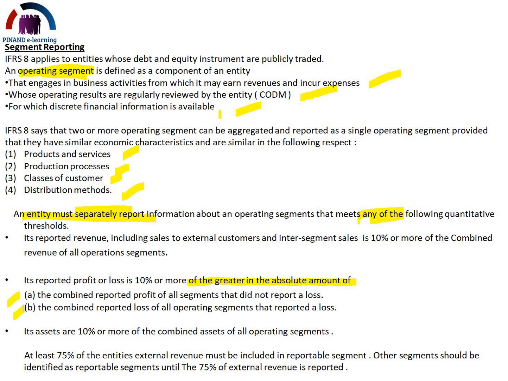What you are trying to do is to find out if an operating segment should be reportable. When you say it should be reportable, it means that the financial information of that operating segment will be separately disclosed in the financial statements, because it meets any or all of these quantitative thresholds. Now, when they say absolute amount of, let's say, for example,